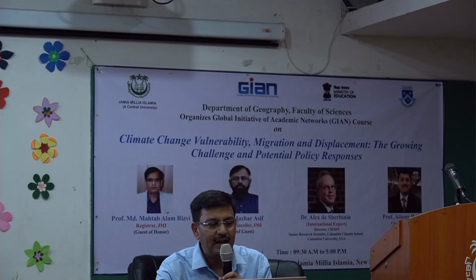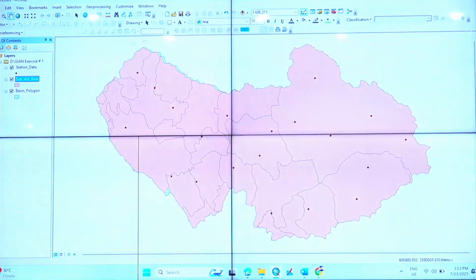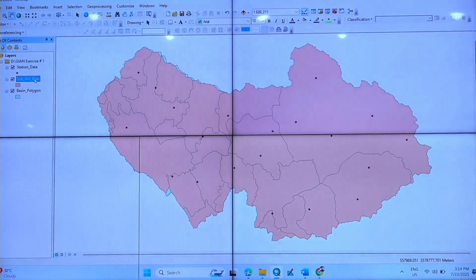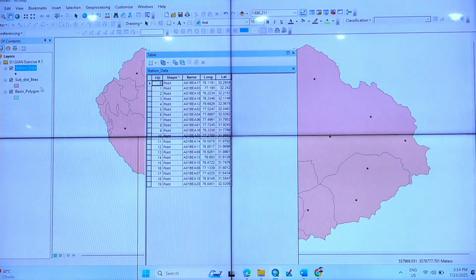So these are the three layers, right? Then if I go on this data, you see on the left side, this is a layer, the table of contents. Sometimes it goes away, I cross it, it goes away. तो बच्चे कहते हैं आप कहोगे कहाँ गया? Go to Window and then say Table of Contents, it will come again, right? Many times it happens. So if I go on this, I need to see what is the attribute attached to it. So there is no attribute attached to it.